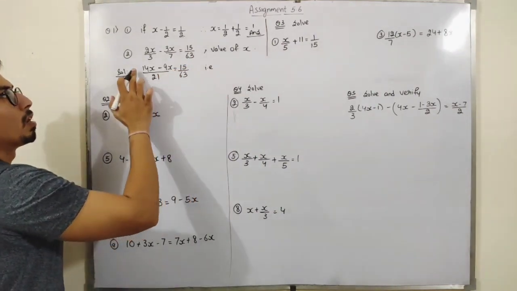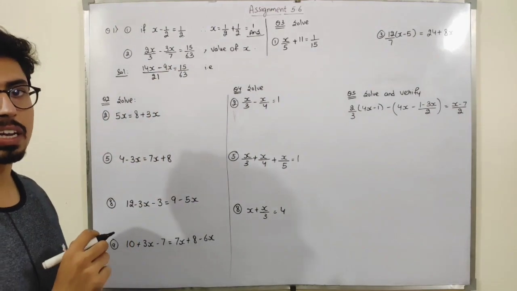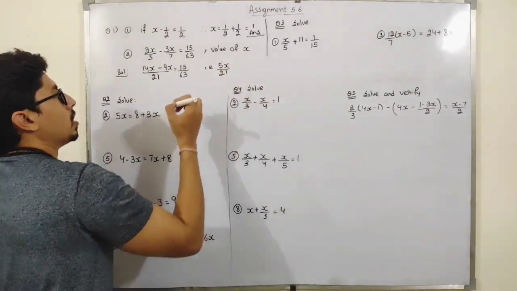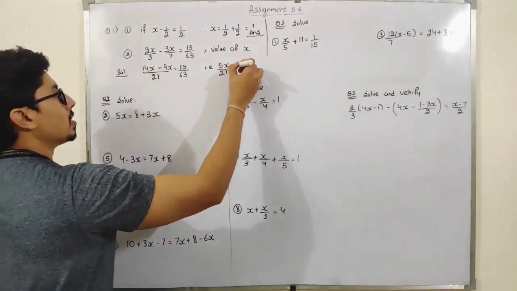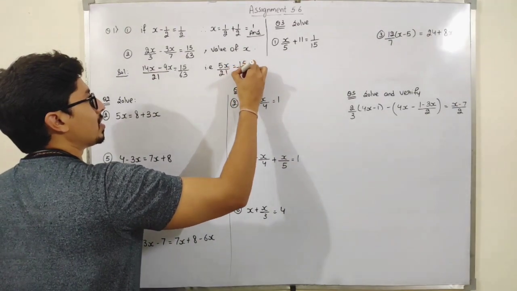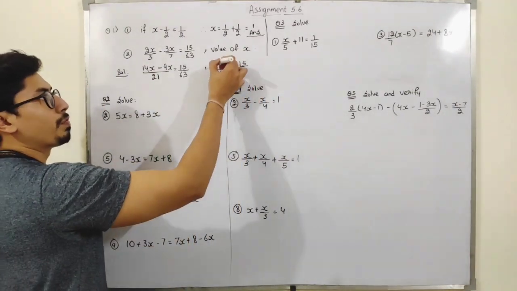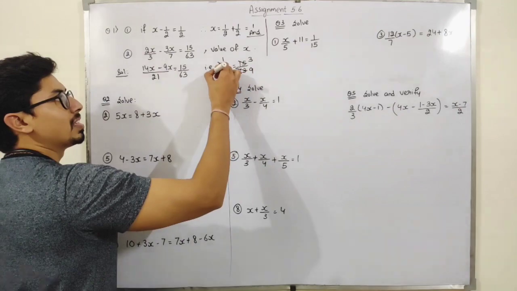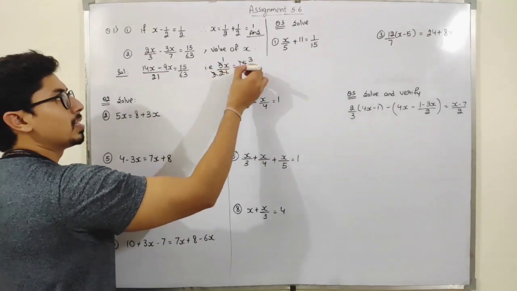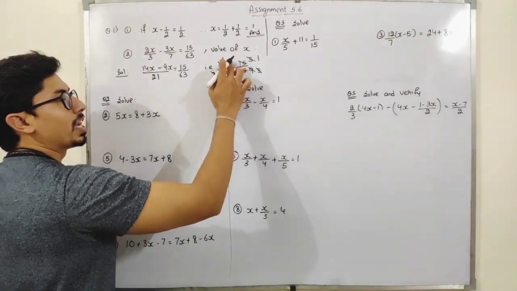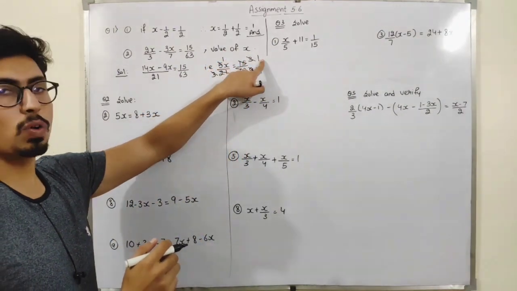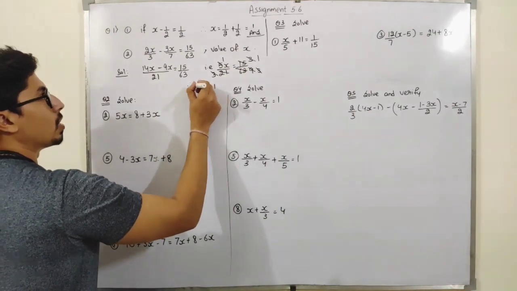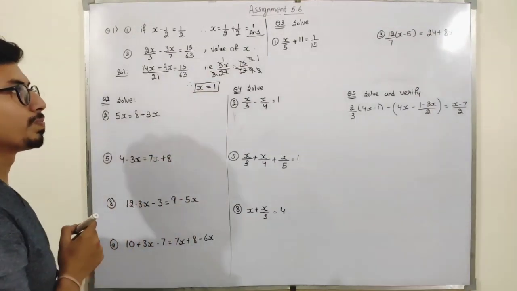So that will be, students, 14 minus 9. 14 minus 9 will be 5. So this is equal to 5x upon 21, and this will be 15 by 63. So students, I can cancel them out. 5 ones are 5, 5 threes are 15, 3 threes are 9 and 3 threes are 9. So here we are left with only x and here we are only left with 1. Therefore, students, I can say that the value of x is 1, in this part also.